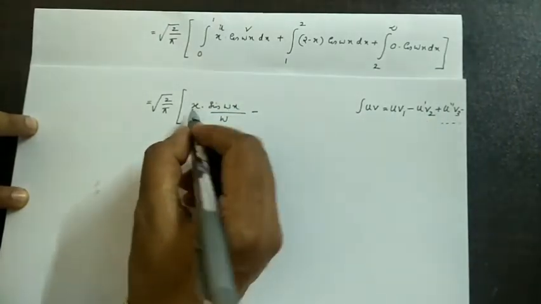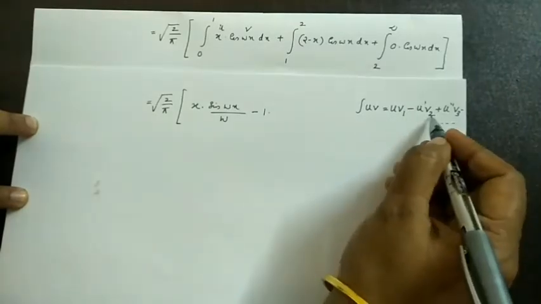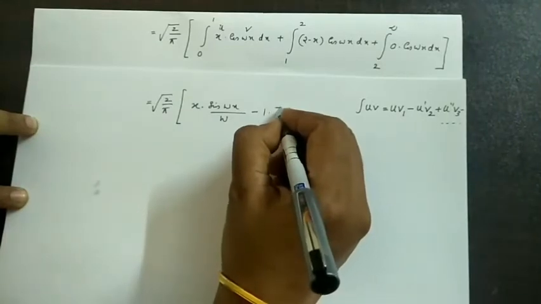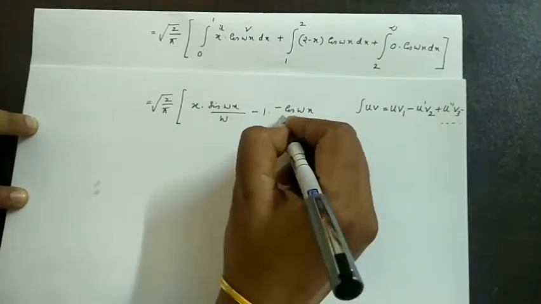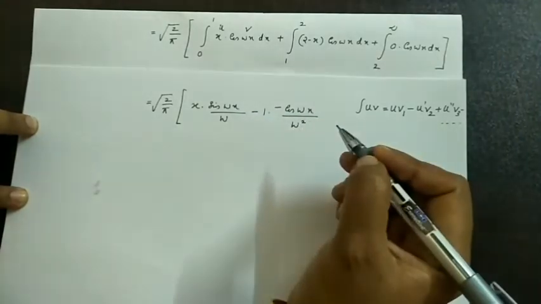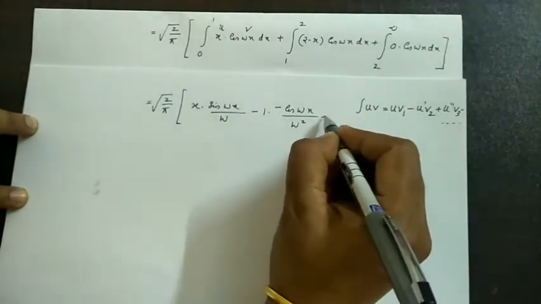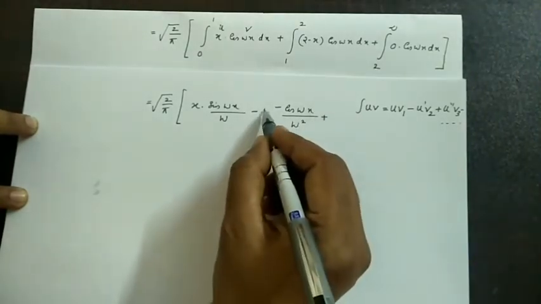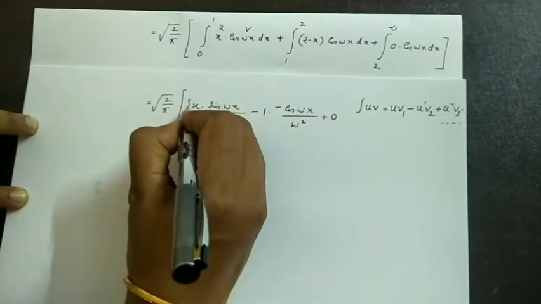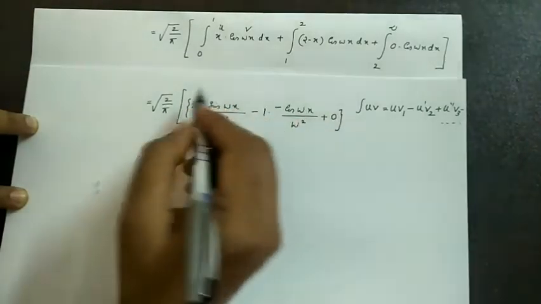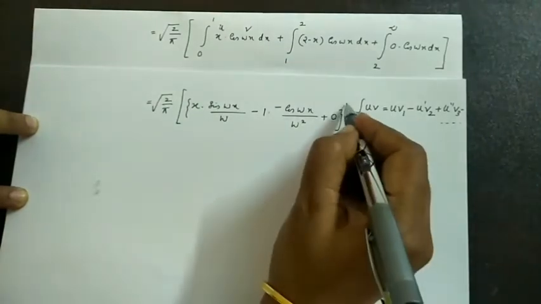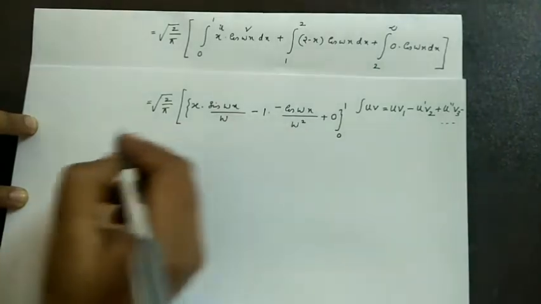then minus, now derivative of x, that is 1, into integral of the second function, that is integral of sin omega x, which is minus cos omega x divided by, already we have an omega here, therefore omega into omega, that is omega square. Then plus derivative of this term, derivative of 1 is 0, therefore we can stop there. That is the case of integral from 0 to 1, therefore we must apply the limits. Okay. Then plus,